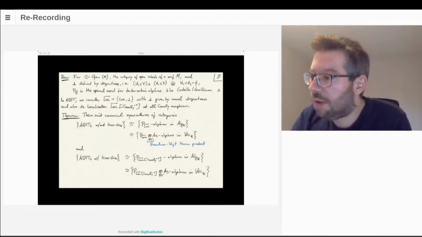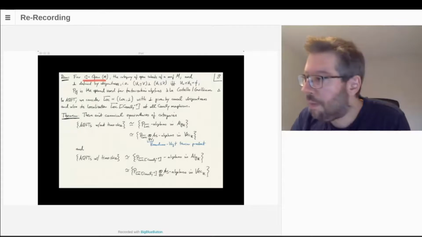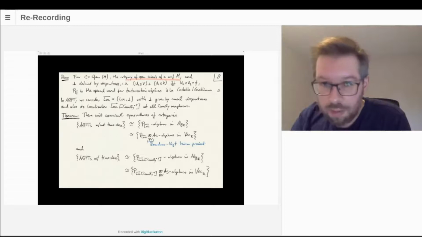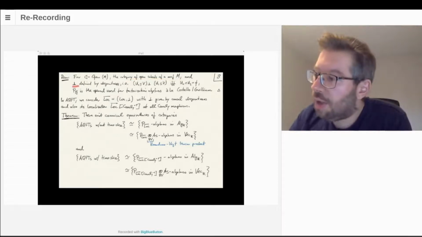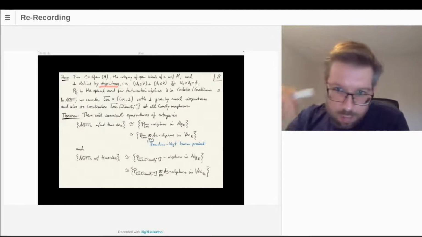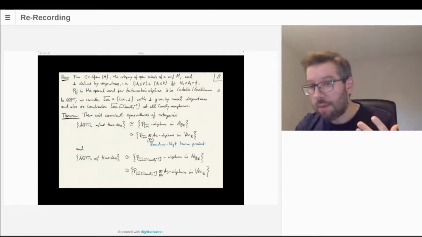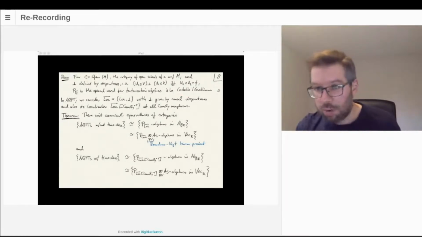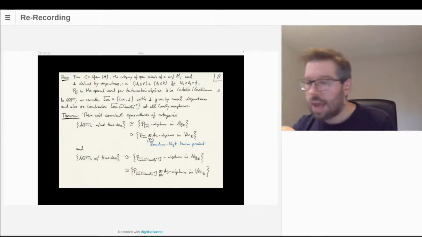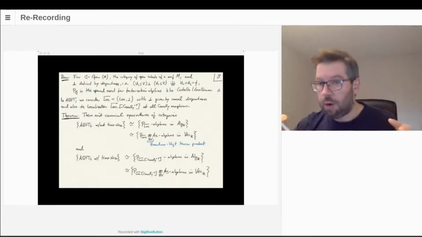Namely, they were interested in the case where the category C is the category of open subsets of a manifold N, and perp, the orthogonality, is given by disjointness. So disjointness instead of causal disjointness, because Costello and Gwilliam don't work in a Lorentzian setting, they work on topological or Riemannian manifolds, and causal disjointness doesn't exist because they don't have a Lorentzian metric, so they work with